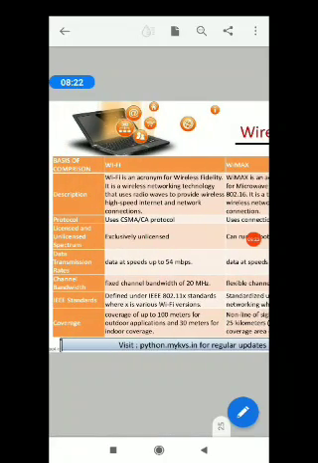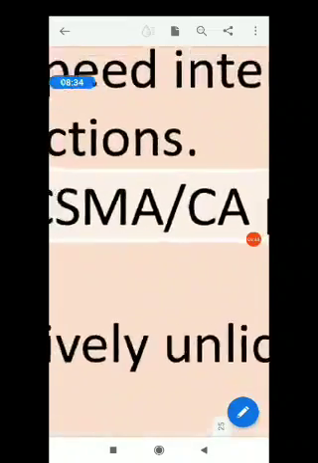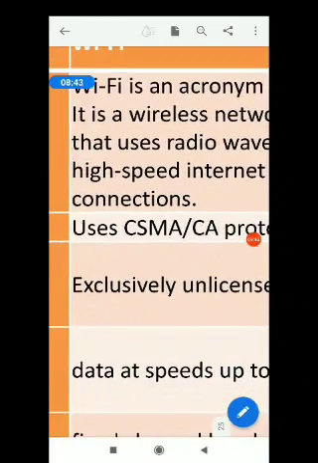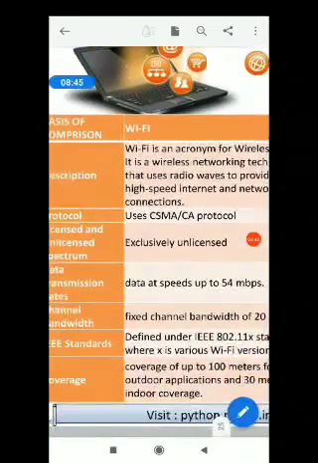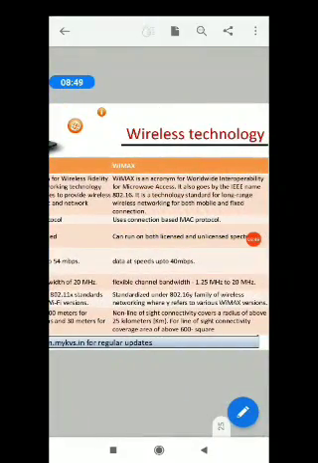The protocol used with Wi-Fi is the CSMA/CA protocol. Please note down the full form. CSMA is Carrier Sense Multiple Access, and CA is Collision Avoidance. So Wi-Fi uses the CSMA/CA protocol, whereas WiMAX uses the MAC protocol.